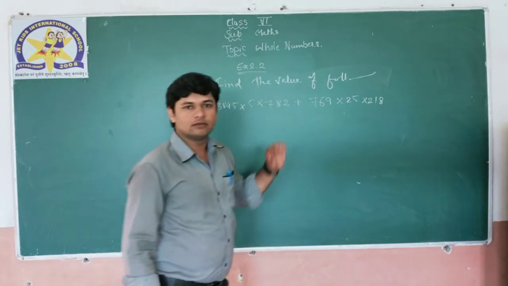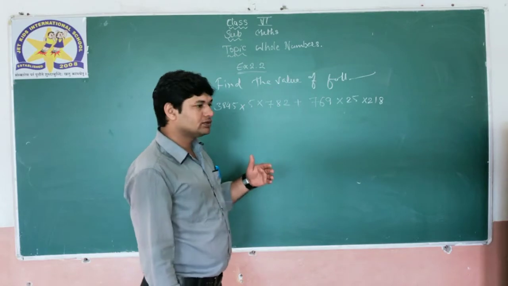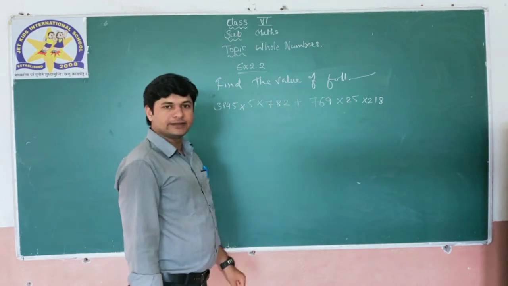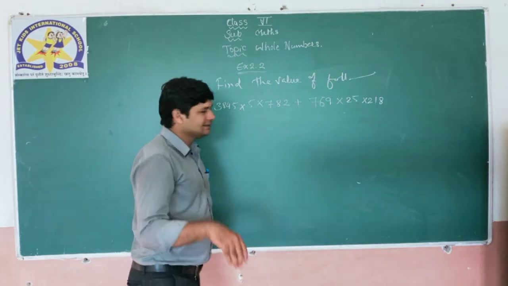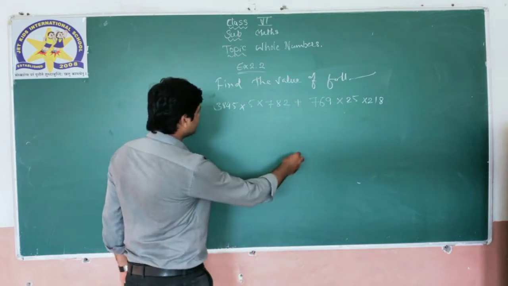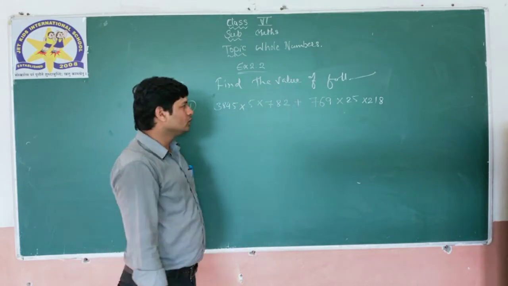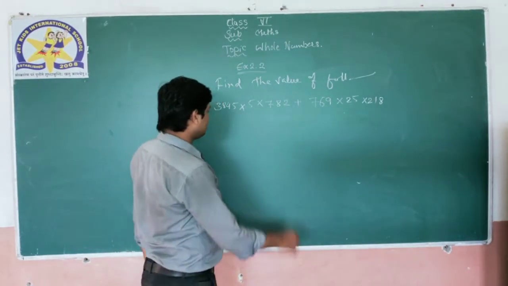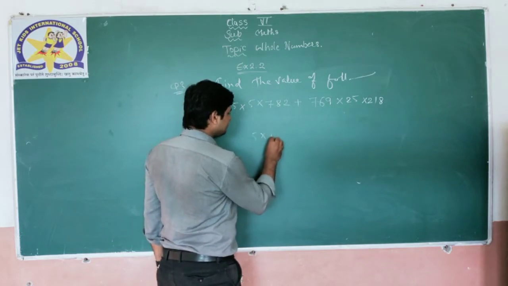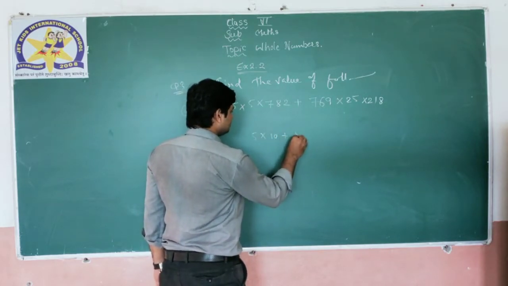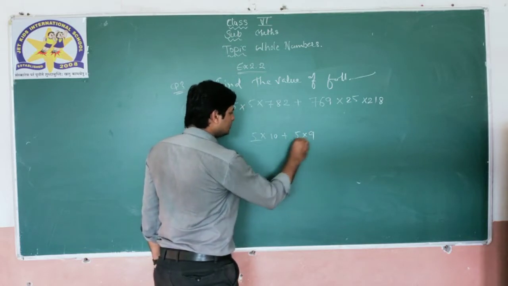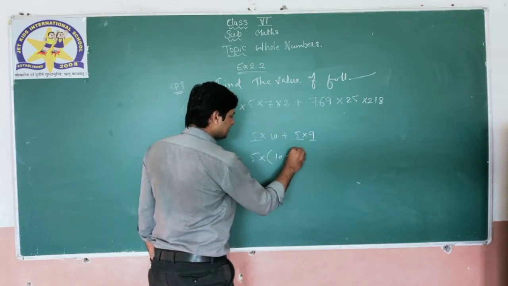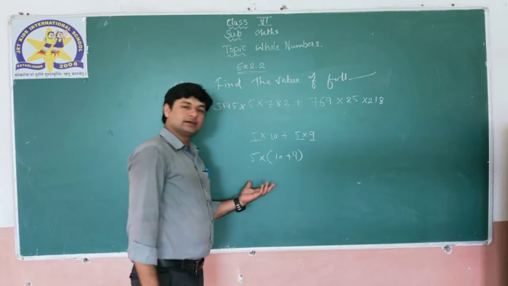Some students may have solved these, and maybe if you have difficulty in it, let us discuss it in a few seconds and then we will proceed to our next question. Okay, so see how we are going to do it here. Every time we are going to take something common, like in the previous thing. So the common thing we have to take out, right? The addition of 10 plus 9, in the same manner we did it, right?